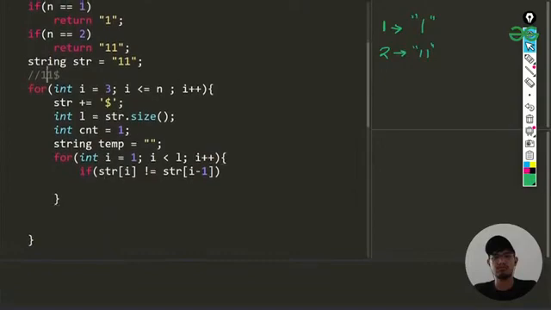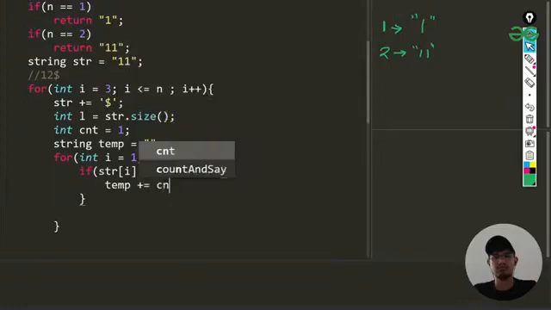I'm at this position, right? So first thing is I'm not going to be doing anything else. For whatever the element is there, that I'm going to be pushing first. So in this case, if I'm not getting any match with the previous, first thing I'll be just pushing that into the temporary. I'll be pushing first the count, temporary plus the count, and I'll be just adding character 0, to convert it into a character, because this is an integer count.